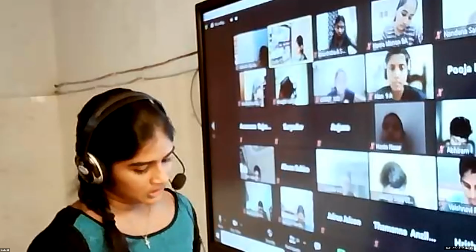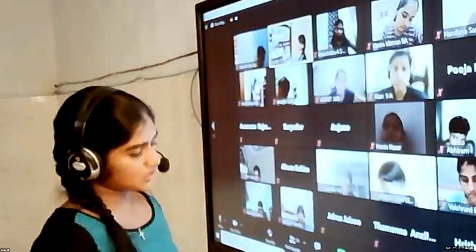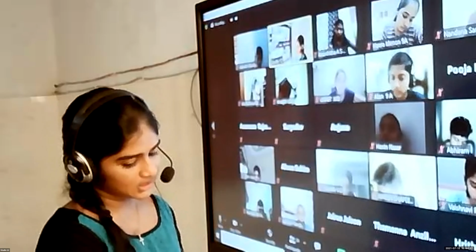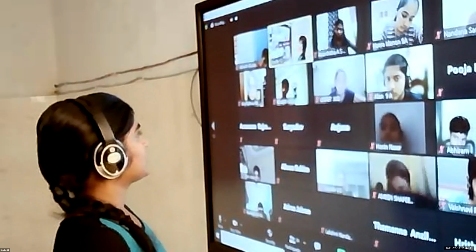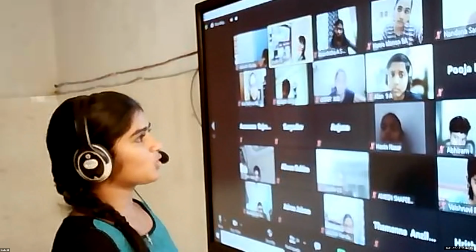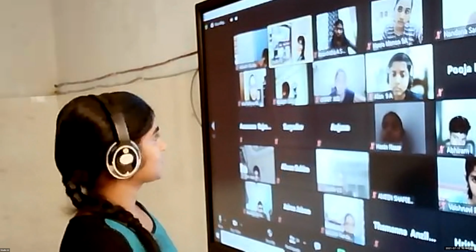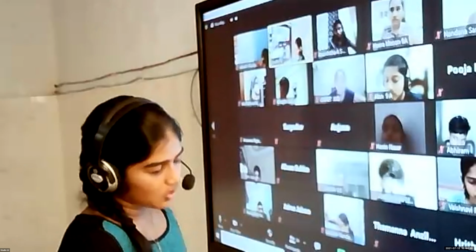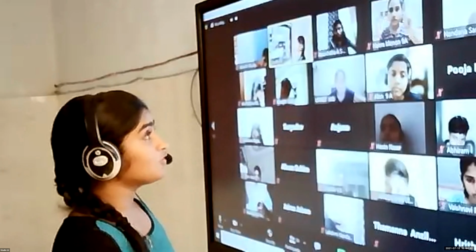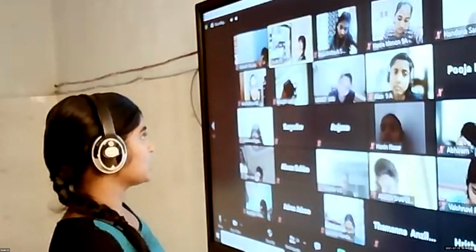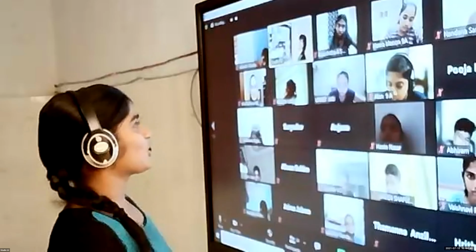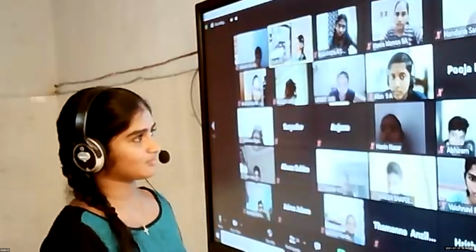Finished. Then the next question: at what temperature does the thermometer reading become constant for some time? I know that the reading of the thermometer is not clear for you, right? You can write there 56 degrees Celsius. I will tell you the reason. It is 56 degrees Celsius, the boiling point of acetone. Very good.